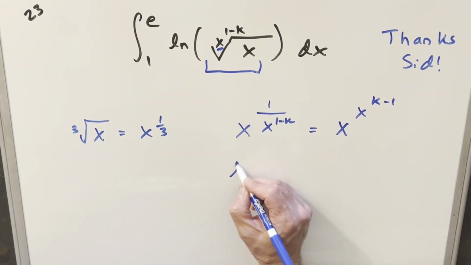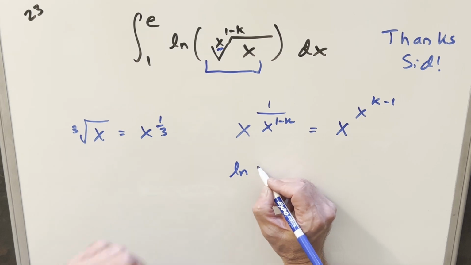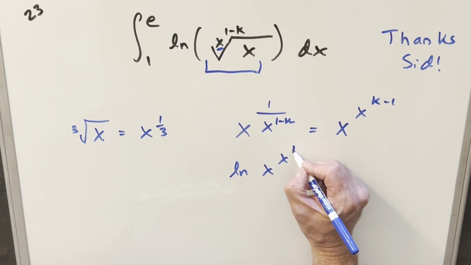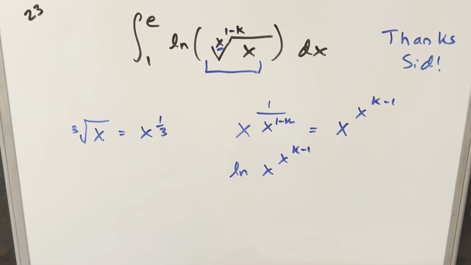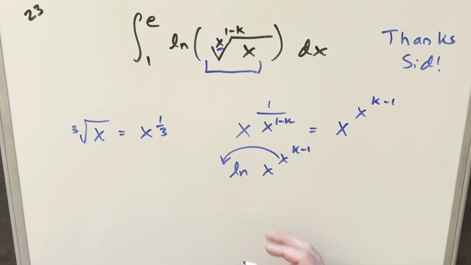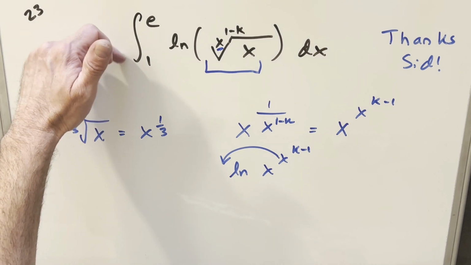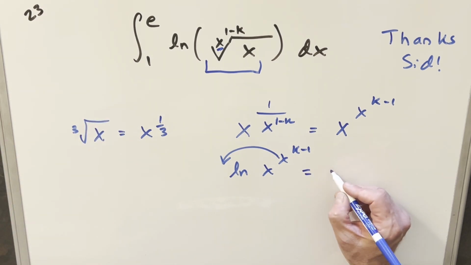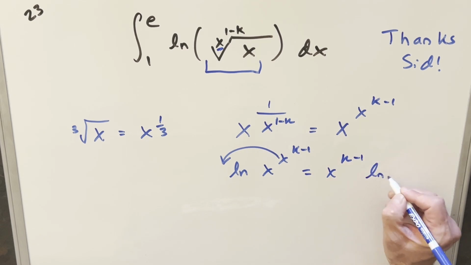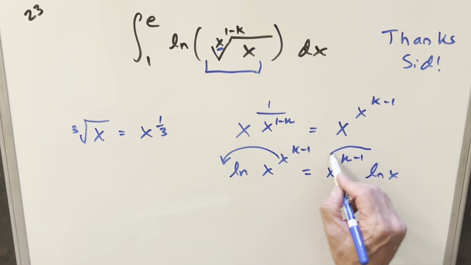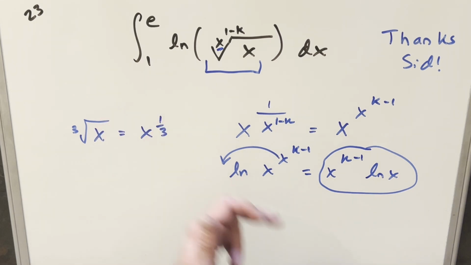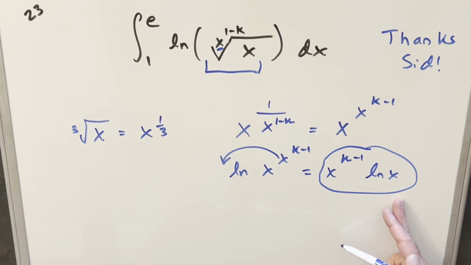I think that's a little better, and let's remember what we have here. We have this inside the natural log, so this is natural log of x to the k minus 1. With log properties, I can bring this exponent out front of the natural log. We don't have to worry about the sign because our x values are always between 1 and e. So we have k minus 1 times natural log of x. Writing it like this, it's going to be a lot easier to deal with as an integral. Let me put this back in the integral,